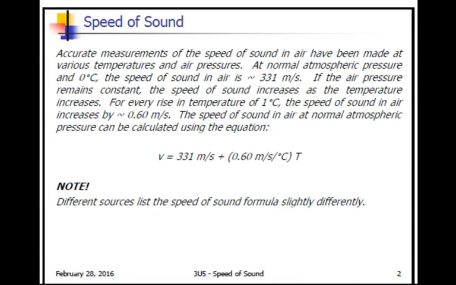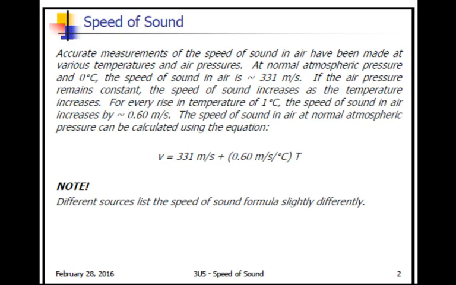The equation we can use for the speed of sound is sort of a variable equation. In this case, we're going to use V equals 331 meters per second plus 0.60 meters per second per degree Celsius times T, which is our temperature. And when I say it's a little bit variable, I mean that the 331 meters per second that we have is basically